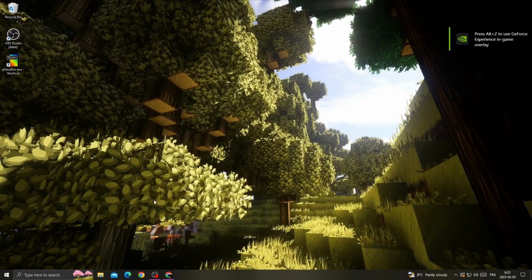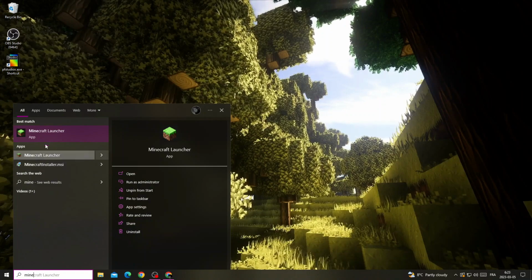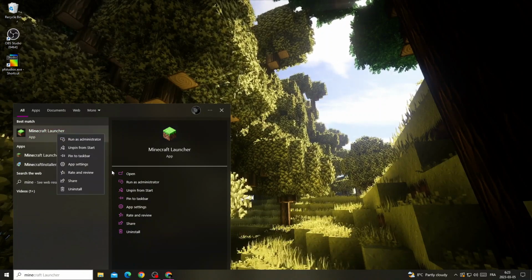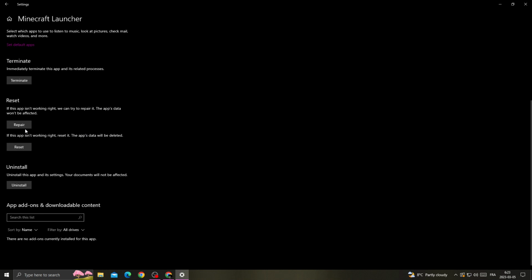Now close this window, go to apps, just type here Minecraft launcher. Right click on it and go to app settings, scroll down and click repair, close this one